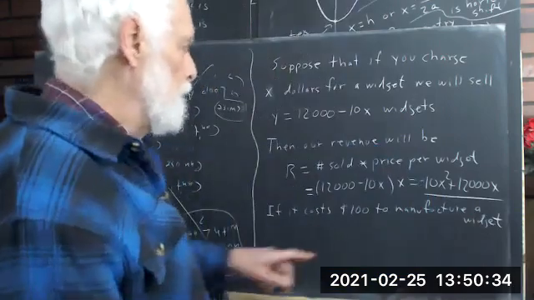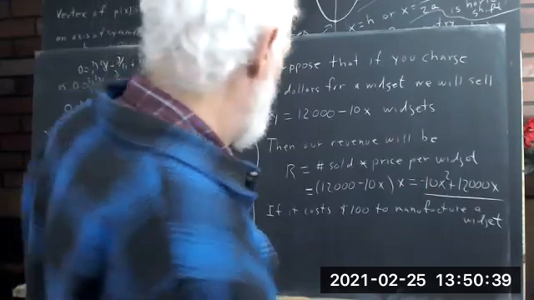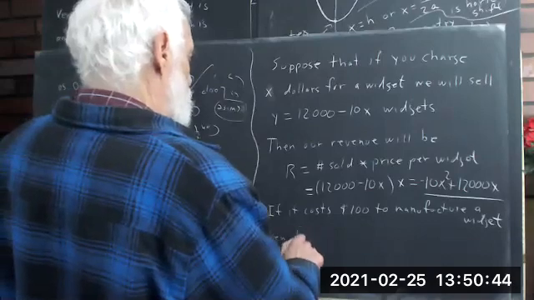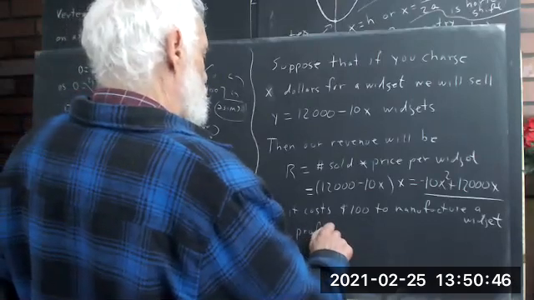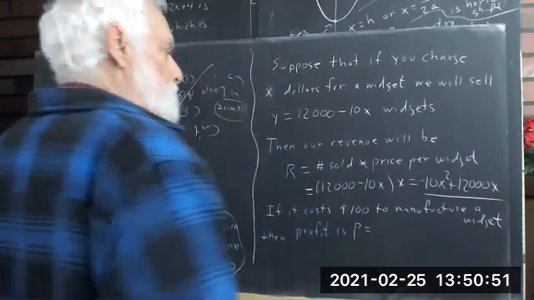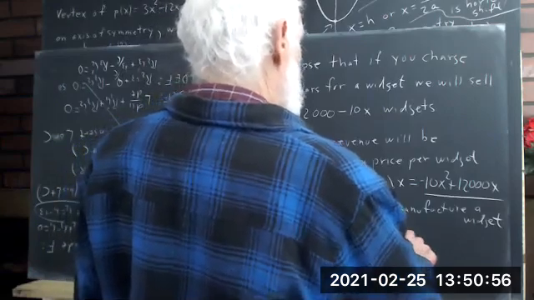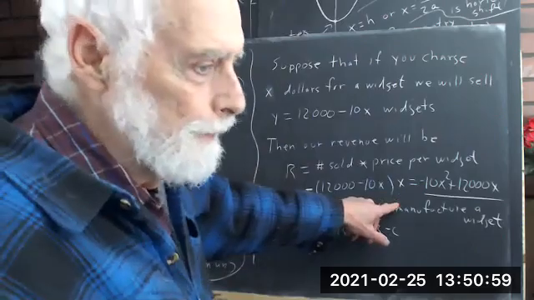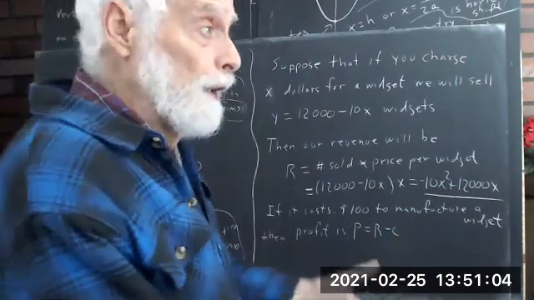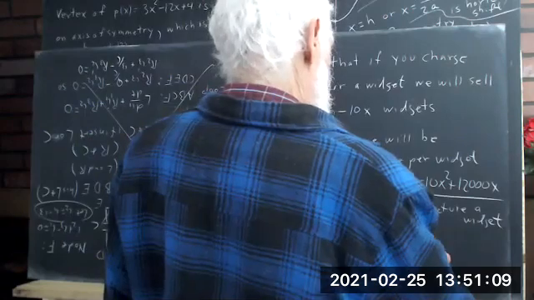If it costs $1,200 or $100 to manufacture and market and sell a widget, okay? Then the profit is P equals revenue minus cost. Revenue is how much money you get, and cost is what it costs to manufacture them. So if you subtract the cost from the revenue, well, you get